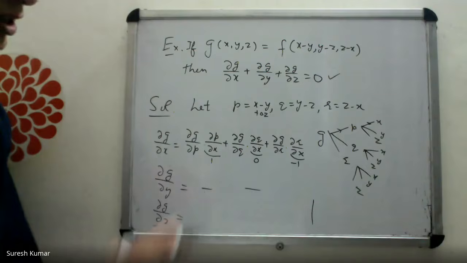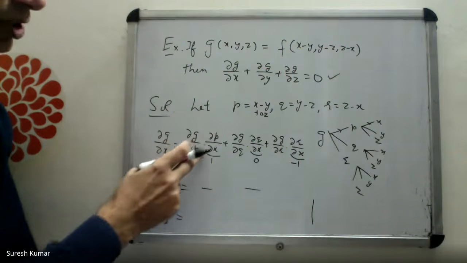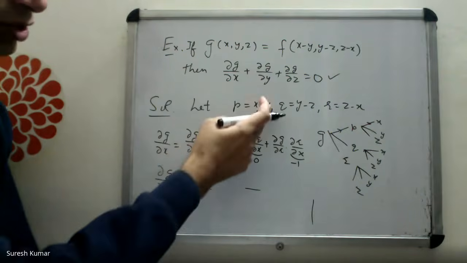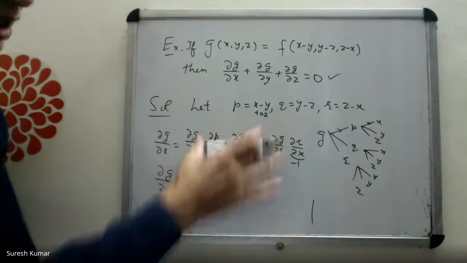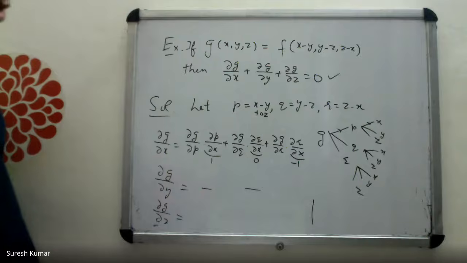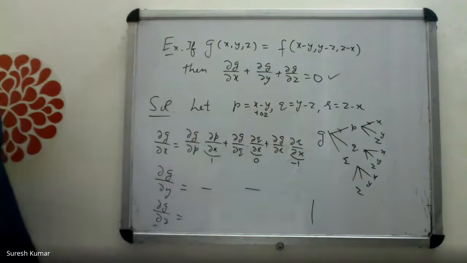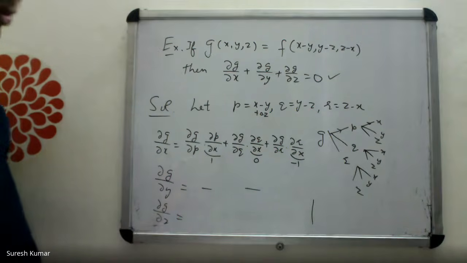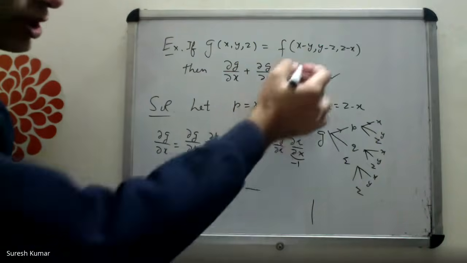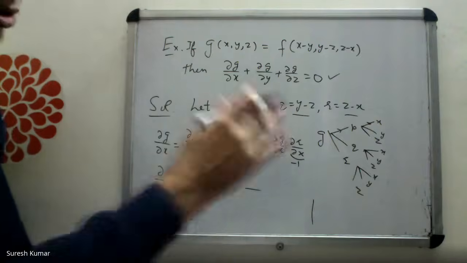What will you get in the next? Partial g over partial p into partial p over partial y, you will get minus partial g over partial p. Okay, so with symmetry, you will find that the addition of the 3 is 0. Okay, you can check yourself. Writing similar rule, calculating these partial derivatives, substituting, adding the 3, you will get 0. Okay, so this is the trick here. Notice it. We introduced 3 more variables in order to use the chain rule.